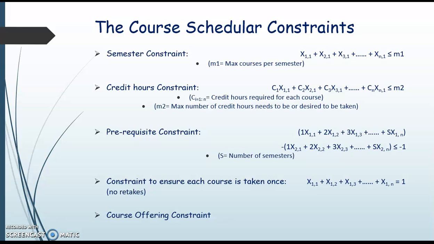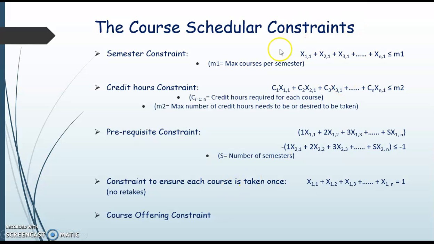Now, in any degree program or in any university, some courses are offered only in fall semester, whereas some courses are offered only in spring semester. If a course is offered in fall, we can say that the course is offered only in odd semesters, let's say first, third, fifth, or seventh semesters, which means that even variables in that row for the course should be 0, as every course is a row in the matrix and the column is a semester. Similarly, for the spring semester, the course is offered only in even semesters, 2, 4, 6, and 8. The rest all would be 0.